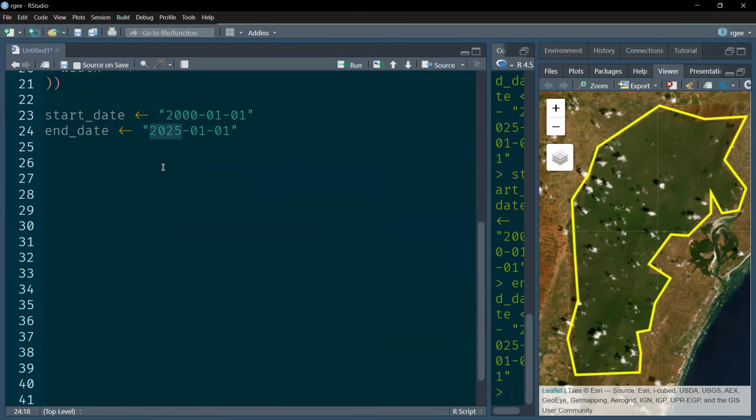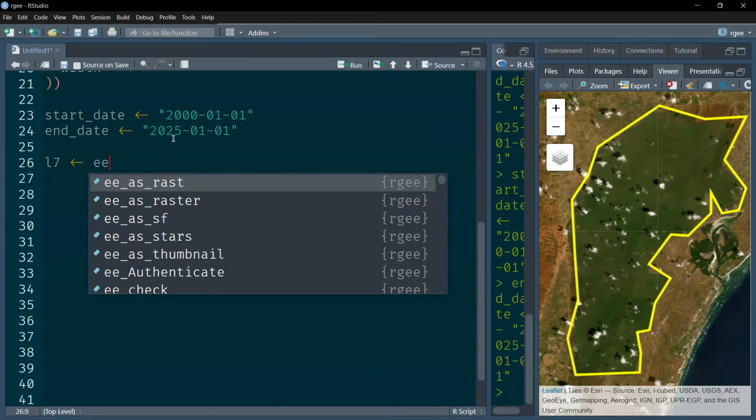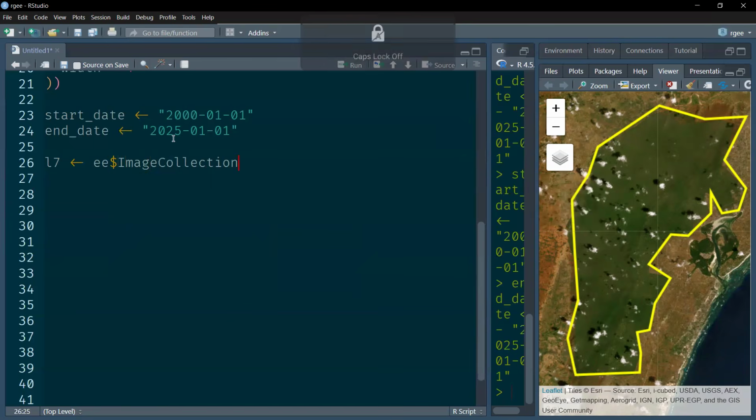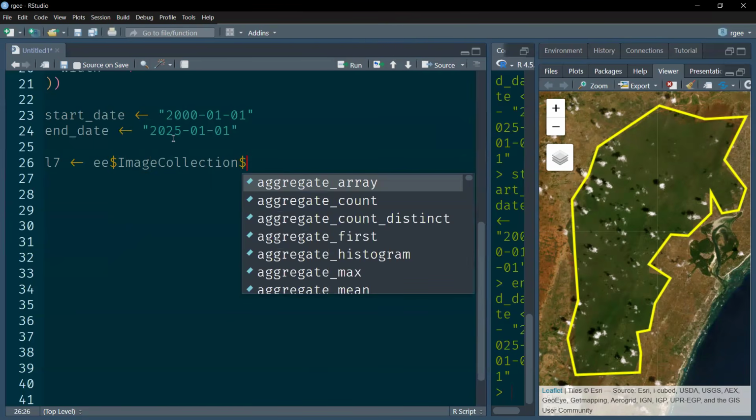For example, the Landsat 7 dataset covers this region until 2024. So we can use Landsat 7. We cannot use Sentinel here because Sentinel only started around 2013, 2014. But we want a long-term monitoring of our forest. So we'll use Earth Engine, and then image collection, because Landsat collection is an image collection, and then we